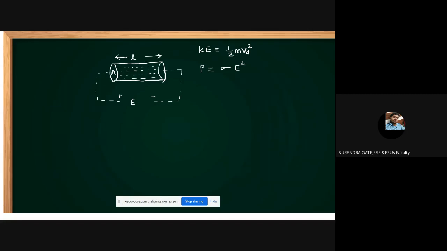If a loss takes place, it means there is some opposition to the flow of this current. Because of that only the power loss takes place. Why does the energy loss or power loss take place? Because there is some opposition to the flow of this current. That's the reason there is some energy loss. That energy loss is in terms of power loss, that is, in terms of heat. The power loss is in the form of heat. Now there is opposition to the flow of current.